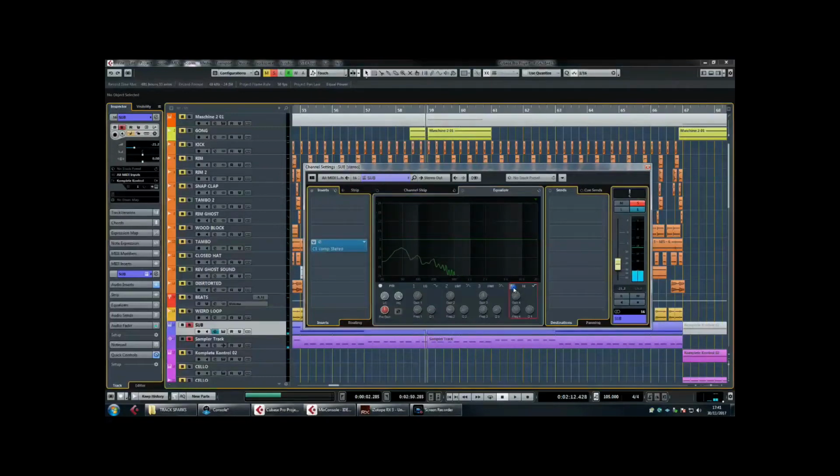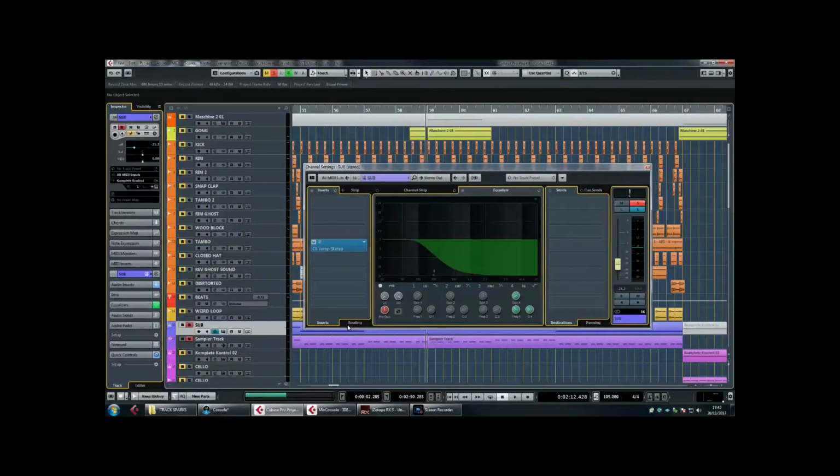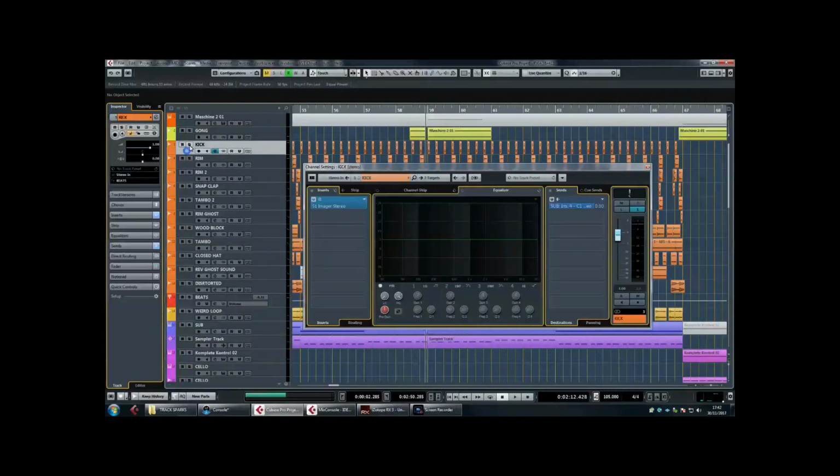now if I put this low pass on, we've still got all the bottom end frequencies that I wanted from the sub, but I've given the other bass sound much more room to work, so there's no more clashing there. That's good. And then if we just remind ourselves,